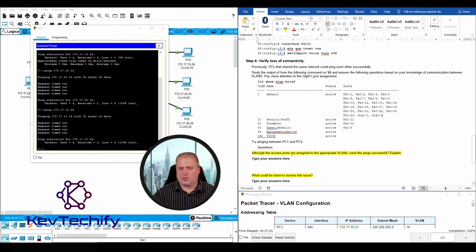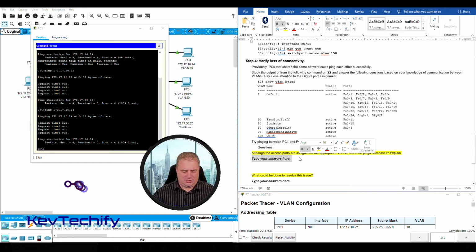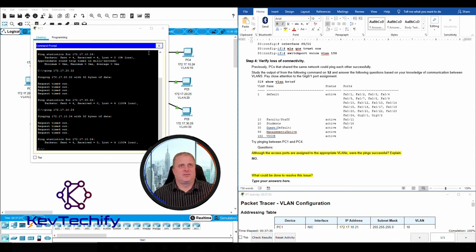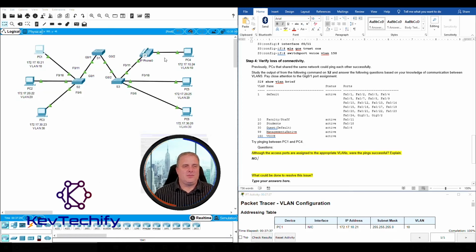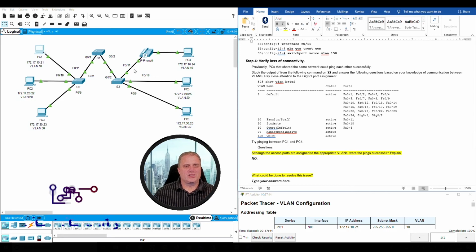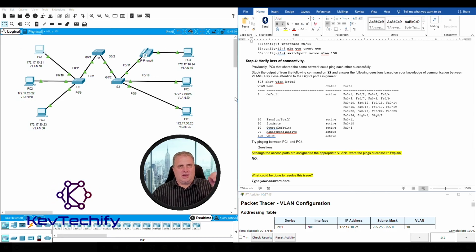Although the access ports are assigned to the appropriate VLANs, were the pings successful? No, they weren't. Now, why weren't they successful? Port 18 was assigned to VLAN 10. Port 11 was assigned to VLAN 10. They should be able to ping. Now that we've implemented these VLANs,